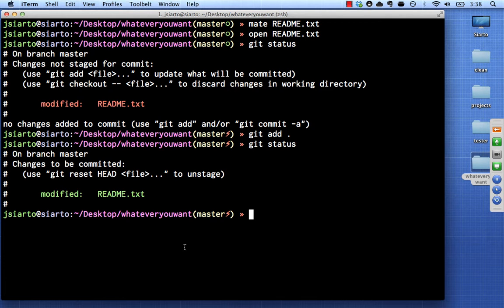So that's a little confusing, and when I started using Git, I was always a little confused by that. Like, that didn't make any sense why I'd have to add it again. But think of it as kind of adding new changes to the repository. And then we can type